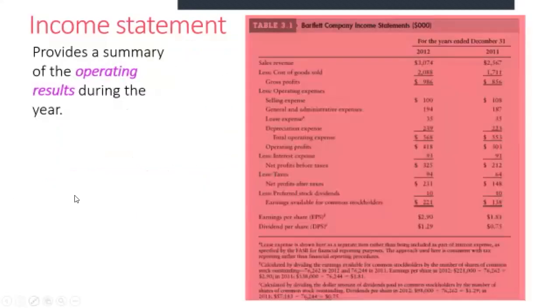So the income statement provides a summary of the operating results during the year. Now you know what the income statement looks like. You would have done it in Accounting 1, right? So in this class, you're not required to prepare an income statement, but you should know the components of the income statement because you're going to analyze the statement so you can say what the profitability or the operating results are from it. It's more than just looking at the numbers,